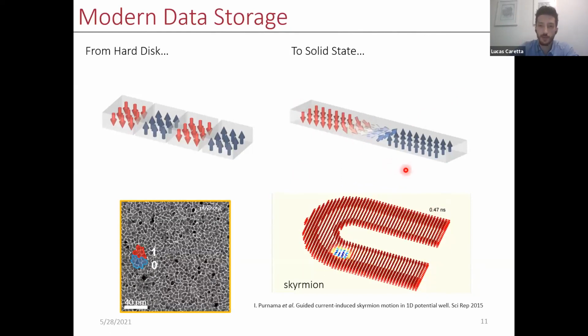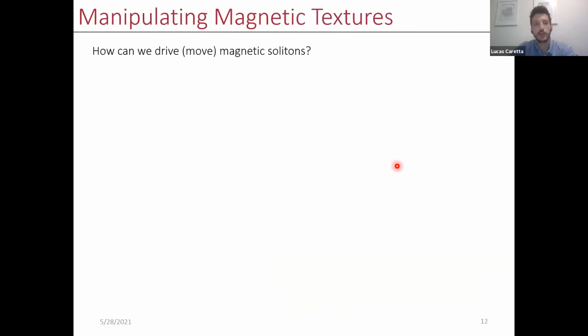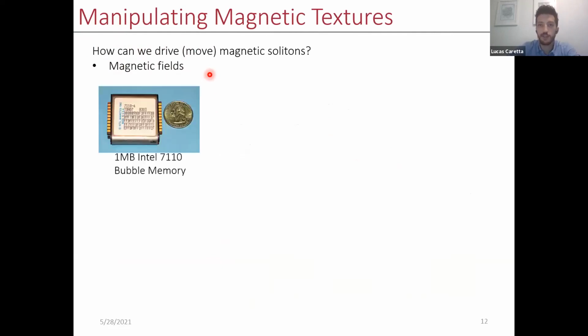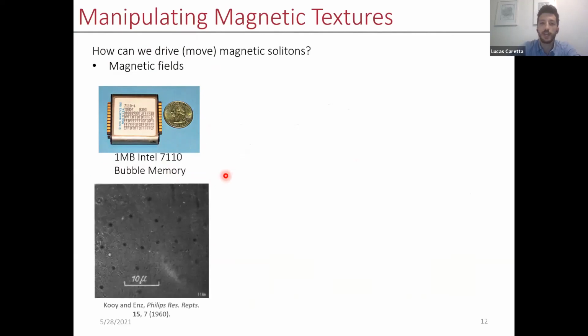This begs the question, okay, if we need to move these domain walls around, how do we actually move magnetic solitons or drive them into motion? Historically speaking, the only way you can do that is by using another magnet or a magnetic field. And actually, this technology has been thought of and almost commercialized. I think it was in the 70s that Intel and some other companies engineered what's called bubble memory. In these materials, they took relatively thick films, hundreds of nanometers or micron thick films, which they called bubble materials, to stabilize two-dimensional spin textures.